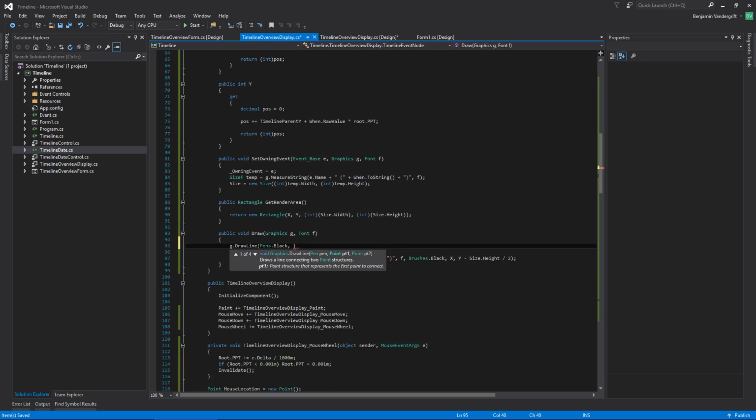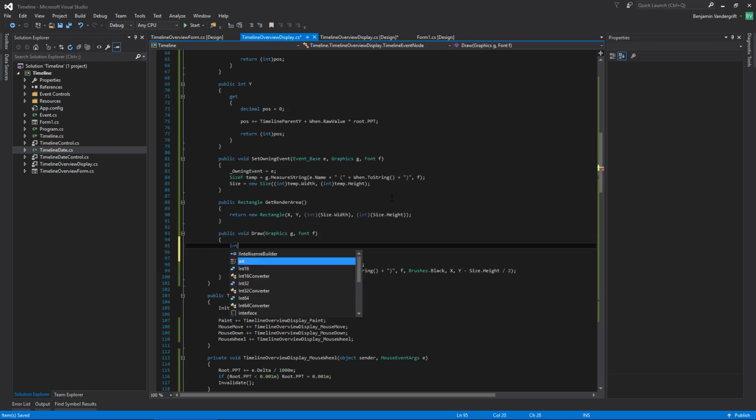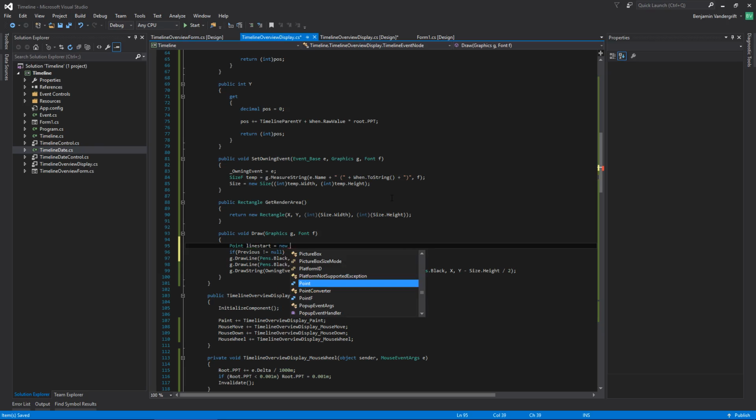And our first point is actually going to be, so I want to go if previous not equal null, and I want to go point line start equals new